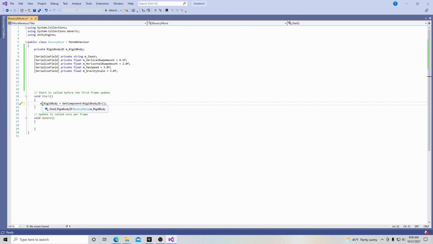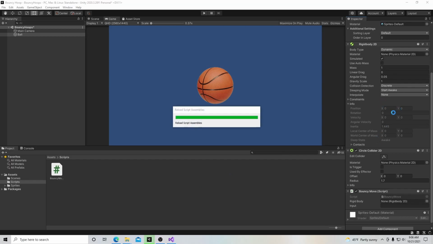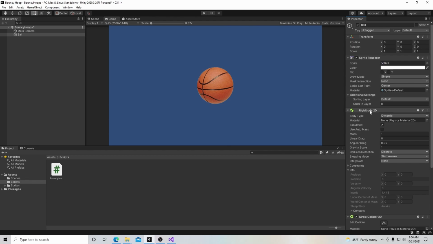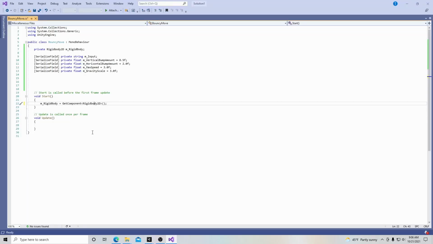So when we push start, we're going to say, hey, the rigid body we want is the component in our player that is the Rigidbody2D right here. When we type it that way, we're saying this rigid body, we're going to make sure that we're calling it by this name for the rest of our code. And after that, what we want to do is m_rigidbody.gravityScale, and we're going to set that